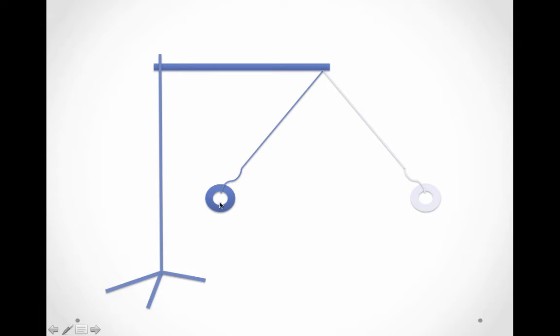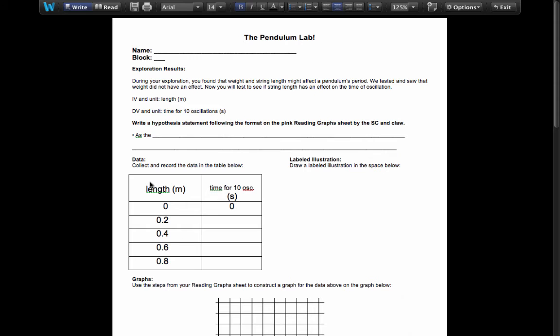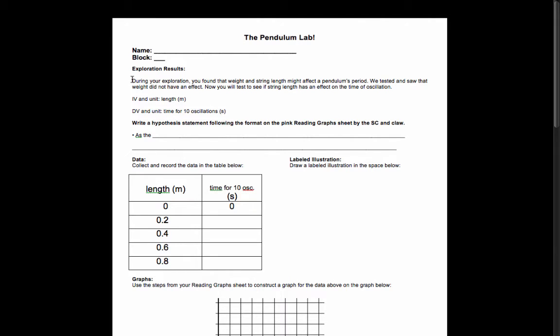We're going to be exploring the length of the pendulum, and we want to see how varying that length will potentially vary the time it takes for this pendulum to oscillate. And we're going to check how long it takes to oscillate 10 times. So here is the Pendulum Lab sheets that you all should have, and you could read through those, but the main thing is you're going to be measuring and setting the length of the pendulum in meters, and we're going